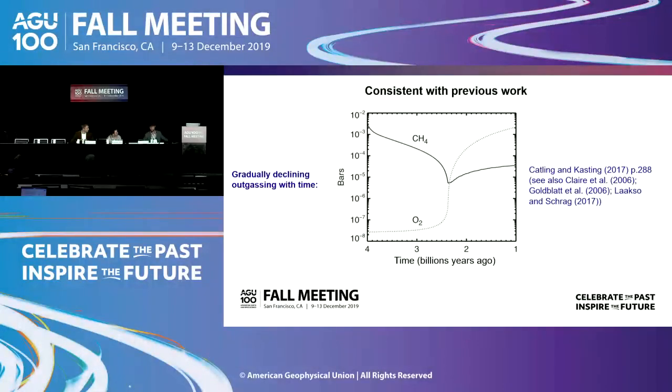If I can just quickly flick back to a slide. Some of the previous modeling work on the step change in oxygen addresses this, where this is a modeling of the first rise of oxygen. You get a collapse in atmospheric methane associated with that oxygen increase, which is potentially enough of a reduction in the greenhouse forcing to contribute to a snowball event.